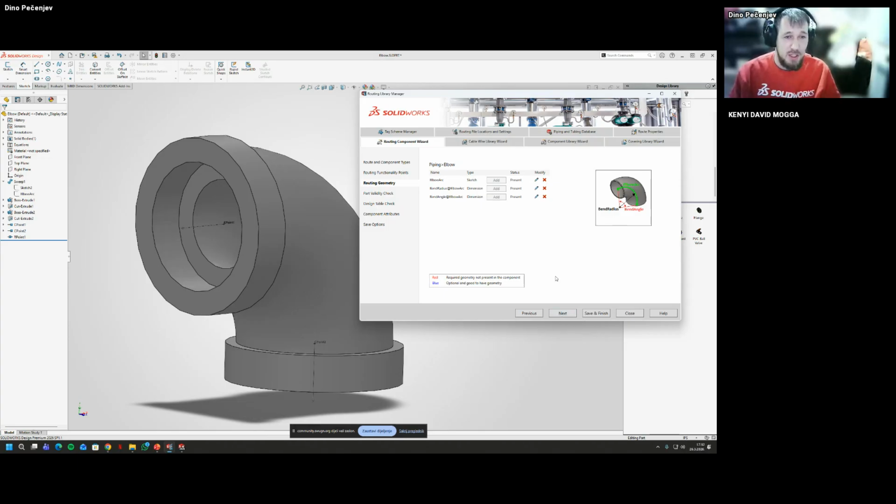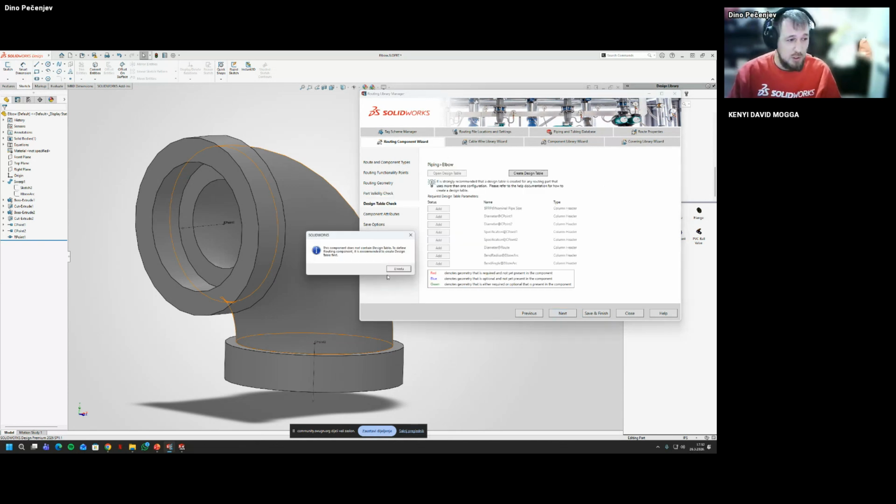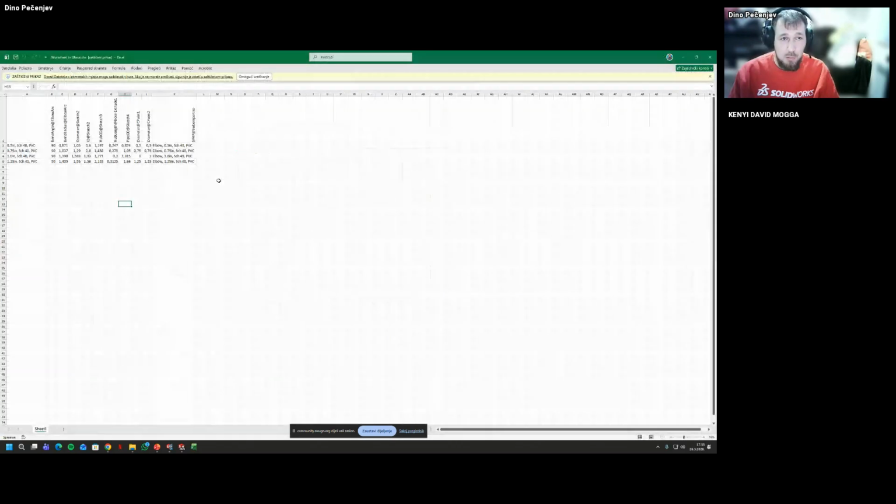I strongly encourage you to use the already existing components and recreate your new ones, or just use the copy. So where the modeling is complete, I'm just going to copy paste the information for the elbow.